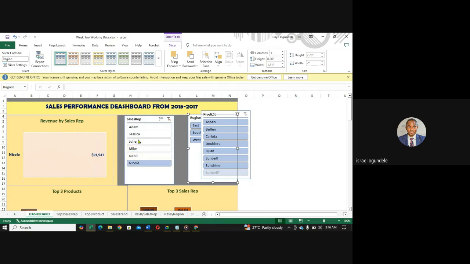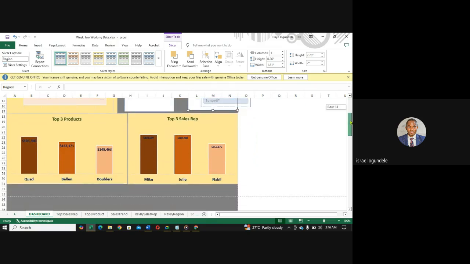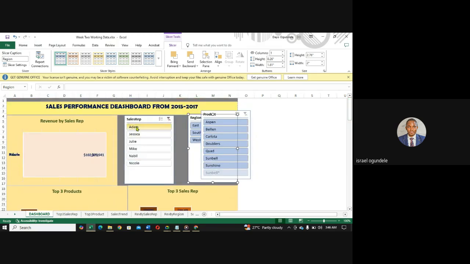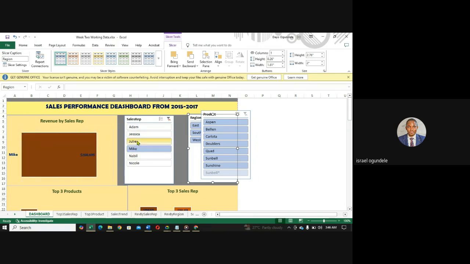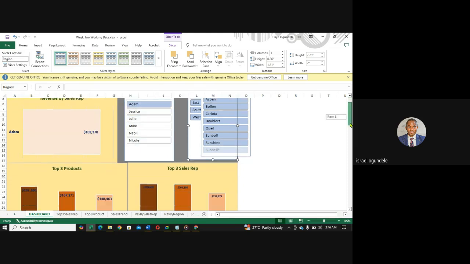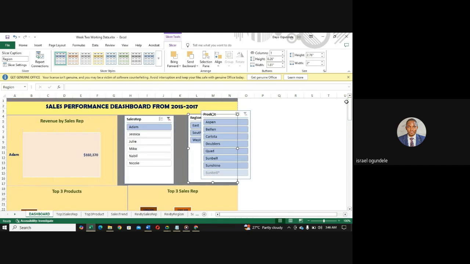But one thing you observe is that this responsiveness is just for this revenue by sales rep. It's not also responding to the other ones that we have. You can see when I was applying all of that, let me go to Adams. You will see that immediately I apply Adams, it was only Adams that changed. Every other one that I have here did not change. So if I want it to apply to all other charts that I have, so that all of them can be responsive at the same time,